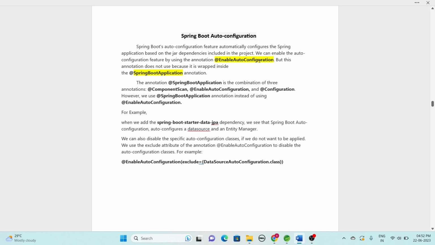If @EnableAutoConfiguration is already included in Spring Boot, then why use this particular @SpringBootApplication annotation? Because the @SpringBootApplication annotation also includes @ComponentScan, @EnableAutoConfiguration and @Configuration. These three are included inside @SpringBootApplication. Instead of including these three individually,